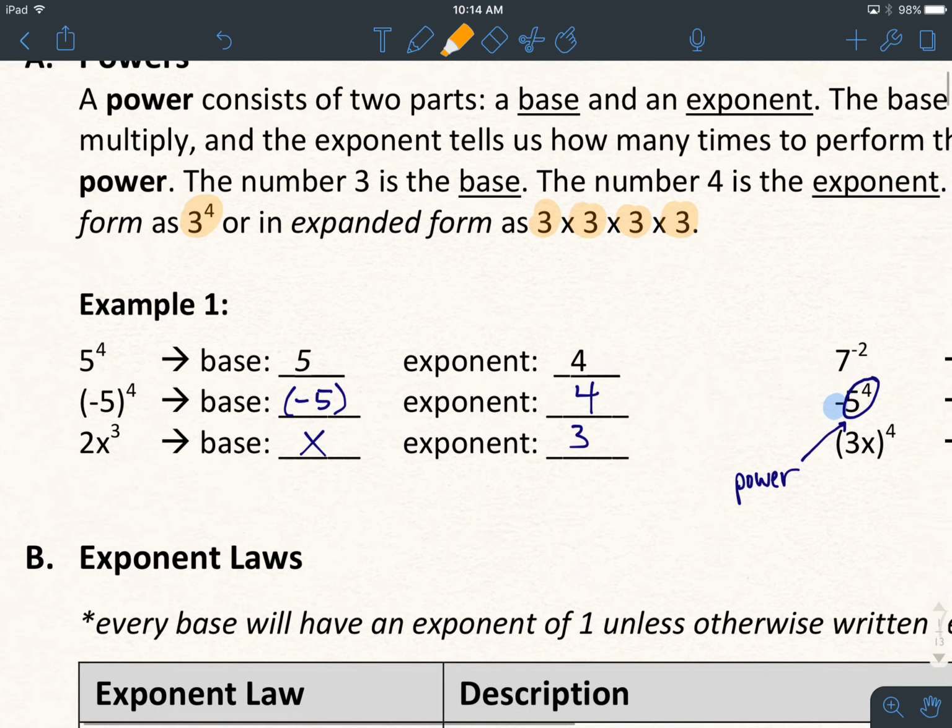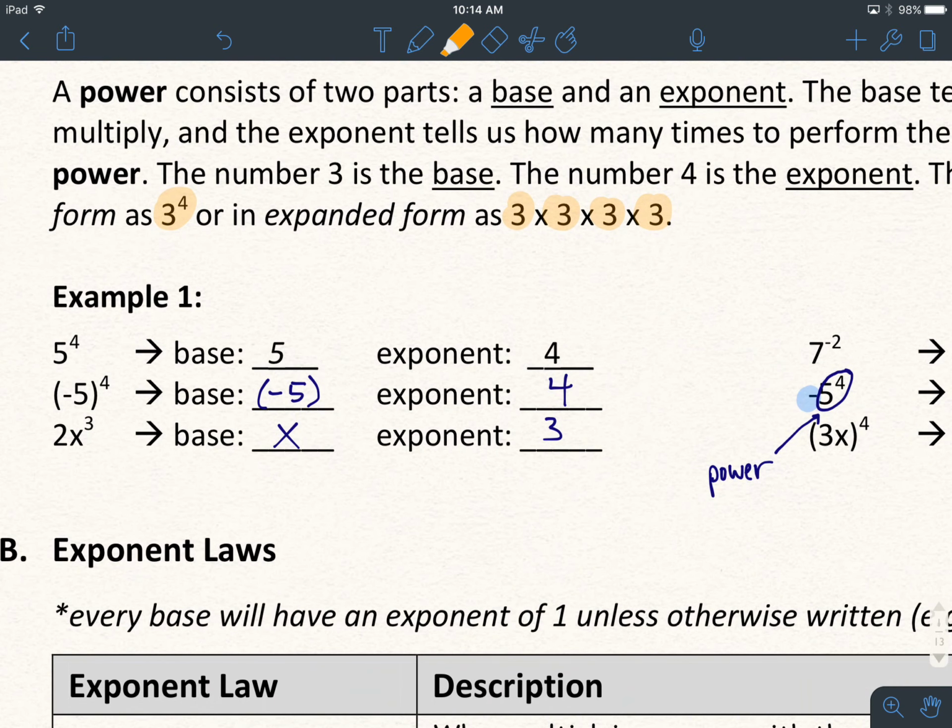Now these are already filled in, so you can just copy them as I talk through them. 5 to the exponent 4. The first part of example number 1, the base is 5, the exponent is 4. It stands in contrast to the one underneath it. What you'll notice is it's negative 5 to the exponent 4. And the base is the entirety of the number that is having the exponent raised from it. So because the brackets encompass the entire negative 5, that's going to be our base,